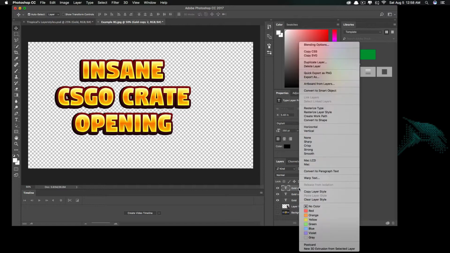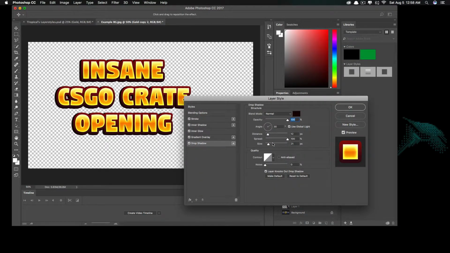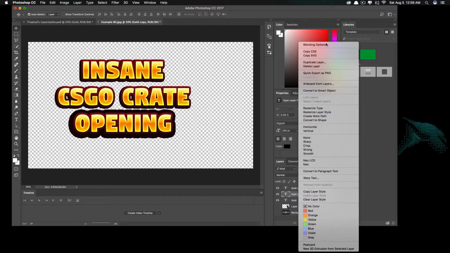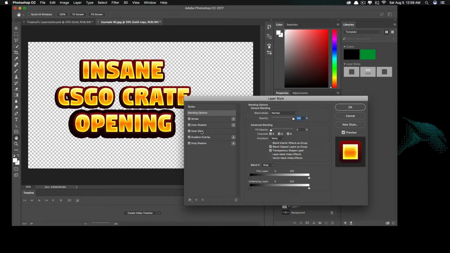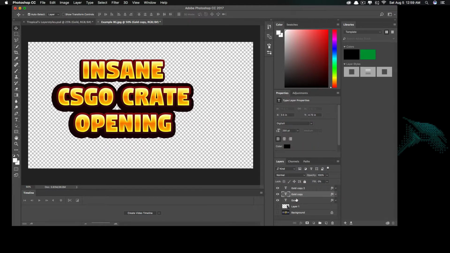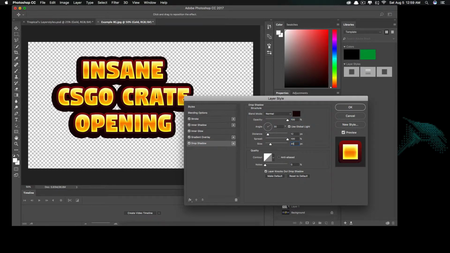So you want to right click, go to blending options, and on drop shadow you want to make this bigger. So size, I prefer around 30. 30 looks decent, so we're gonna go, actually let's do 45, because since this is a bigger background, you're gonna have to use bigger blending options. Most thumbnails are 1280 by 720, so 30 should work, but since this is so much bigger, we're gonna have to increase the blending option size. So drop shadow 45 as well,